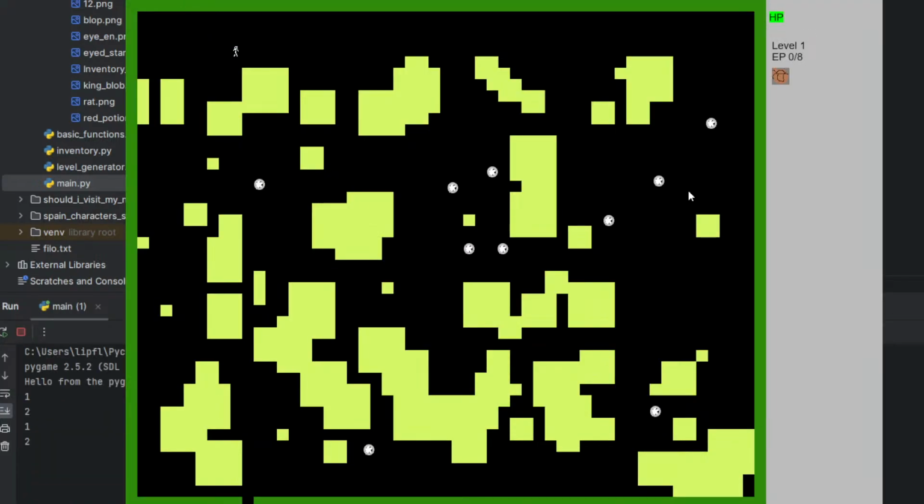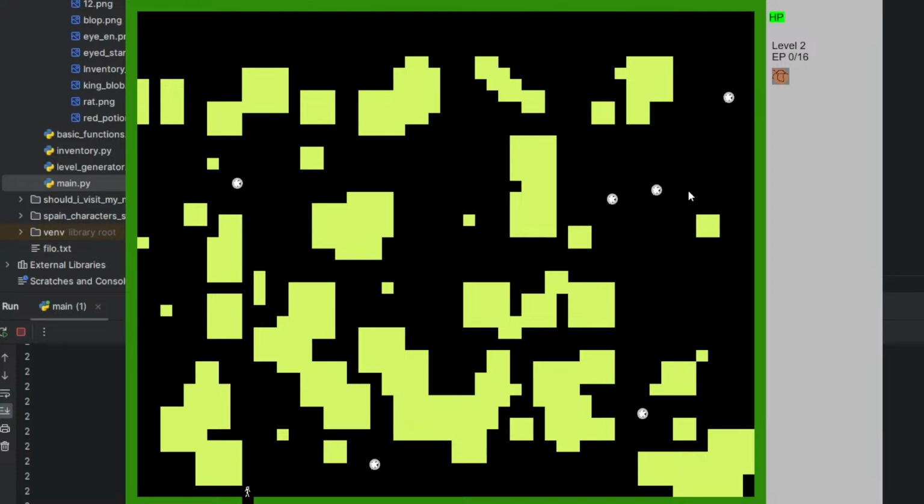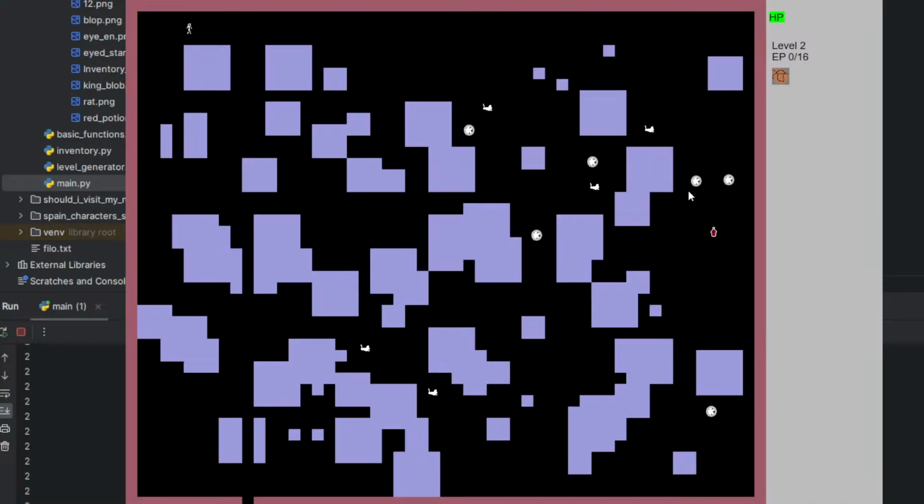Now it should be working. I'm pretty sure it works now. Still is kind of annoying that I have to kill this many enemies to get to the actual boss room. But yeah, should be there any second.